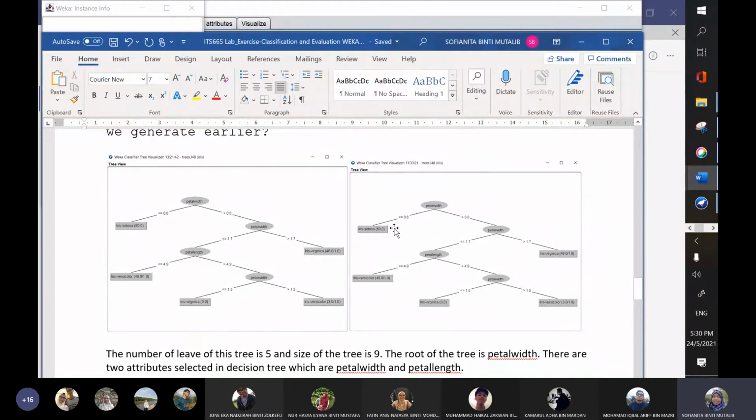But sometimes you might get a different tree, which means it has exactly the same branch values and exactly the same size of tree, but sometimes you might get a different type of tree. Then you would need some kind of intuition and further investigation process on the tree itself.